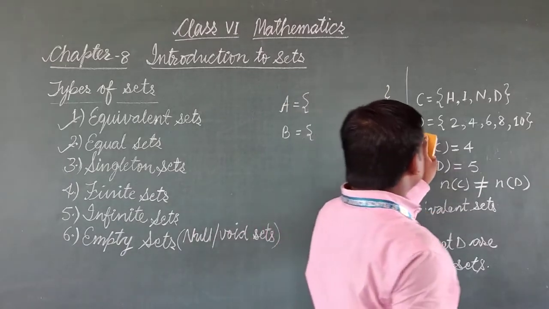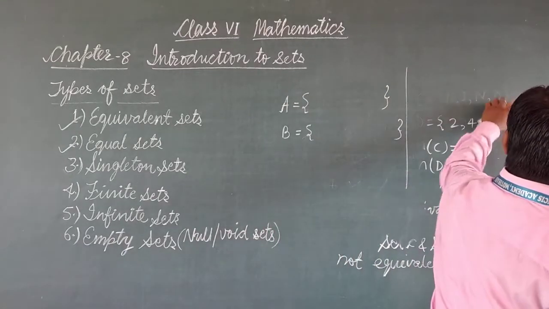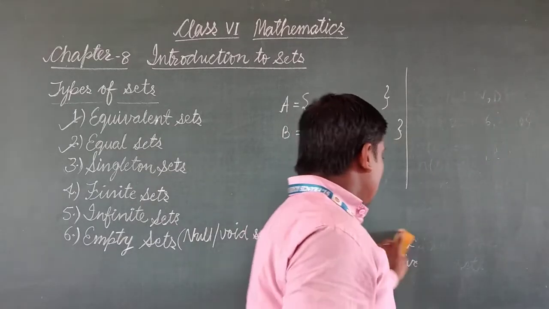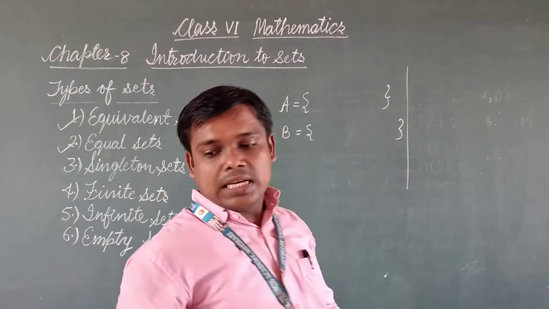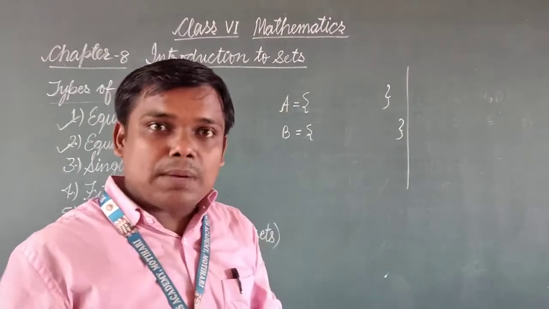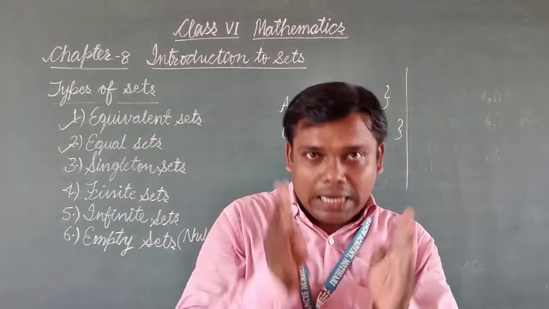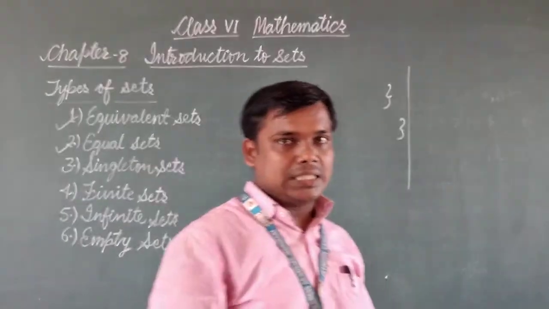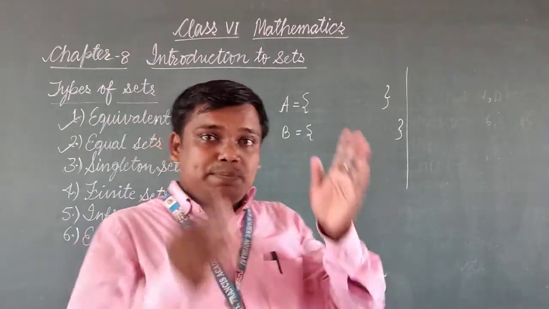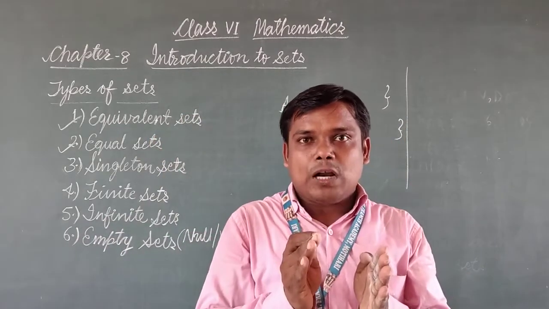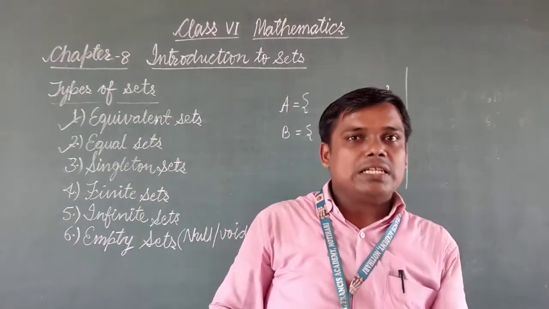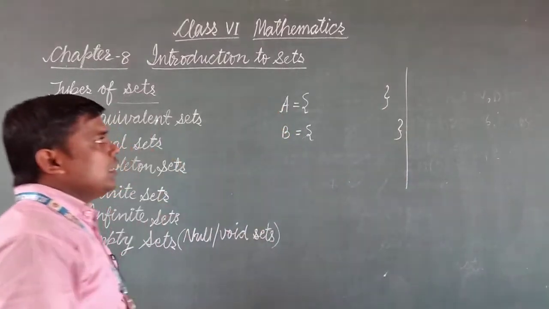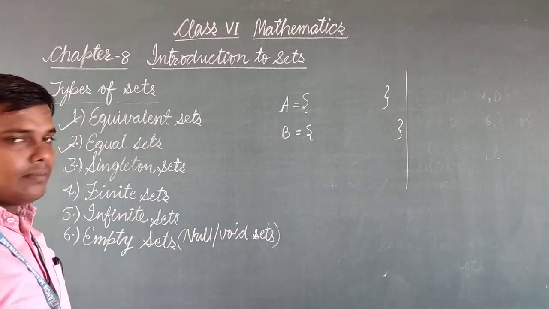In case of equal sets, you have to read: two sets are said to be equal sets if the same number and the same elements of the set are present in both sets. If the same number of elements and the same elements are present in both sets, then the sets are said to be equal. Suppose set A is,